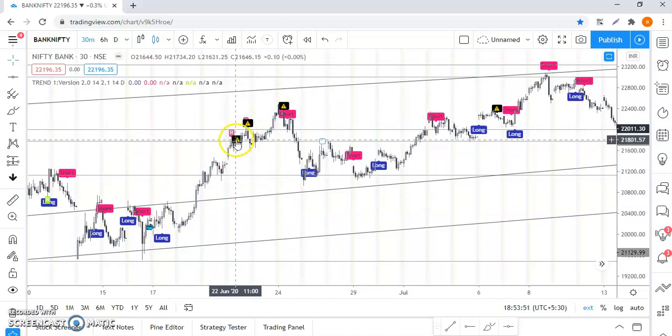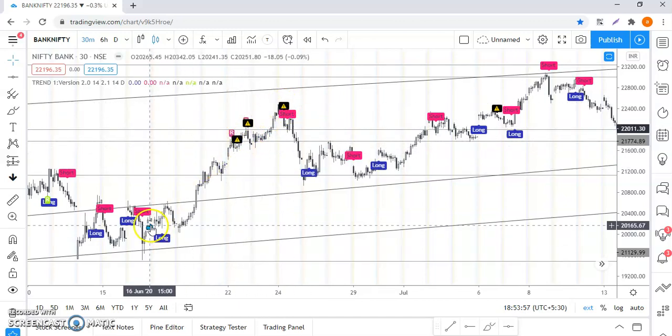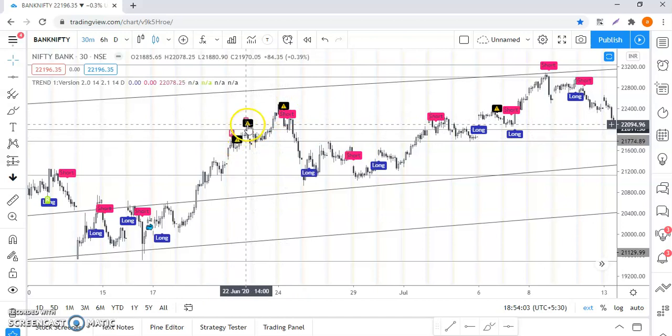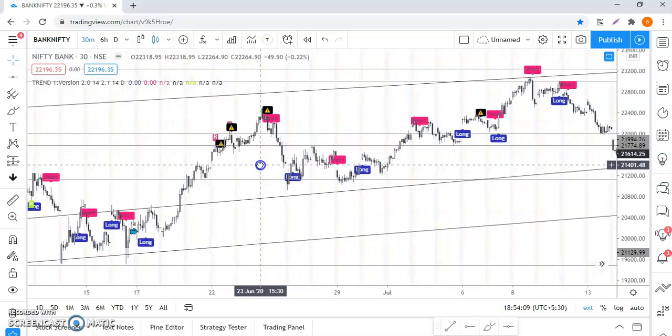Here, as I have told you, there is some kind of unusual selling volume activity happening. Yes, because the whales or the institutions who bought here may take out their money systematically. Look, here they took money, here they took money, here they took money, and ultimately the stock price came down. So all these are a part of market movement. You should not even worry about all these things.